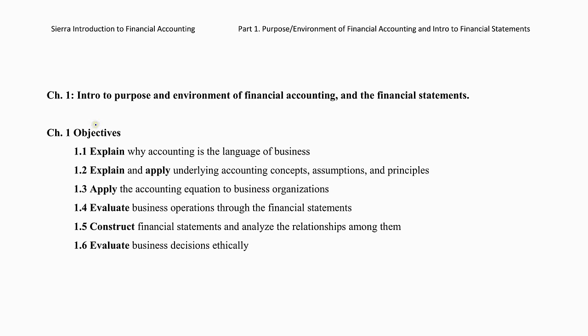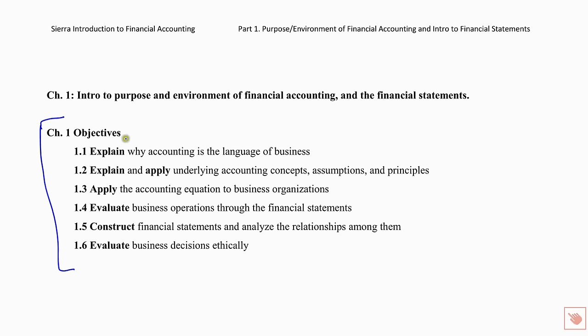Hi, this is the first lecture of Chapter 1, and we're just going to take an overview and look at the first objective. My purpose in these lectures is to touch on the overall objectives from the text PowerPoint and then focus on some basic problems. However, in Chapter 1, because the concepts in Chapters 2 and 3, at the beginning of this course, are so important later in the course, I'm going to spend a little bit of time here going over some of the concepts. And so here are all the objectives we're covering.